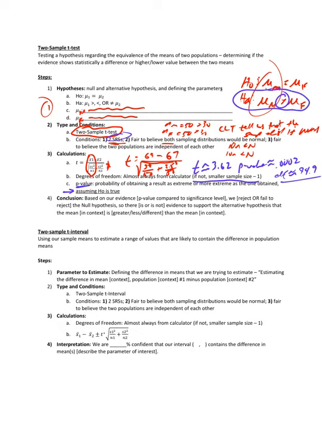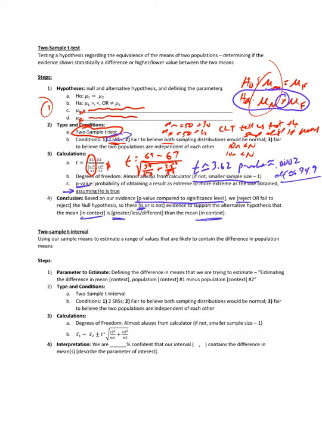So for our conclusion, we'd say based on our evidence, our p-value being 0.0002, which is less than 0.05 or 0.01, whatever we'd use, we are going to reject our null hypothesis. So there is evidence to support the alternative hypothesis that Minnetonka High School males are statistically significantly taller than Minnetonka High School females. Okay, again, we always end with the idea of speaking to HA in context